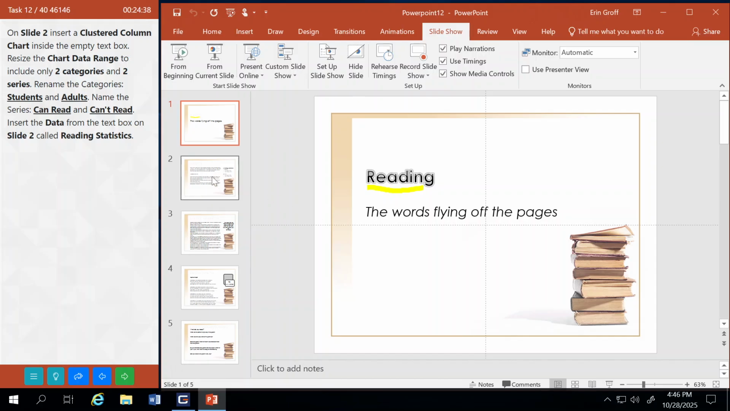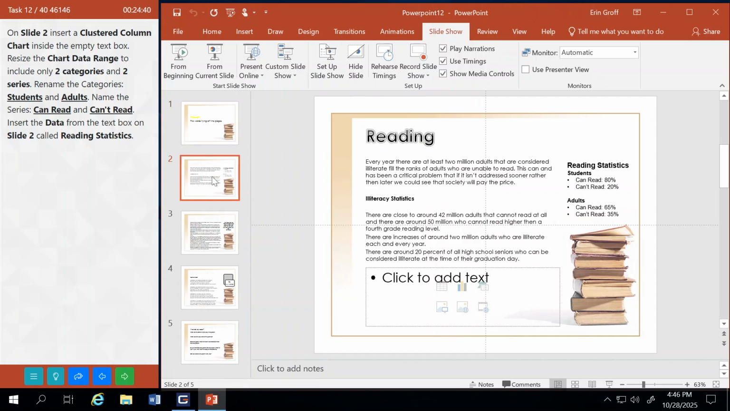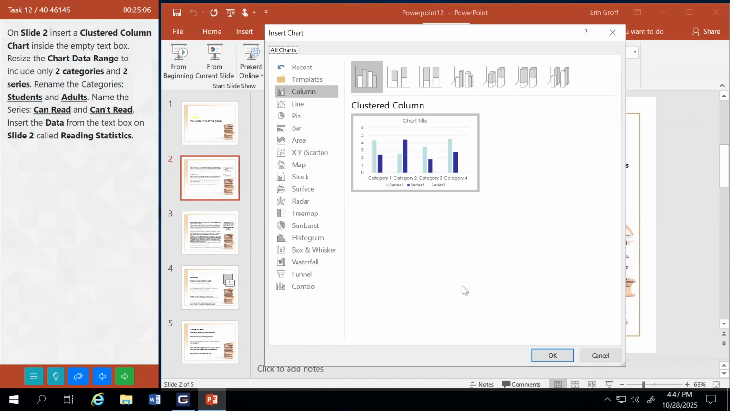On slide 2, we're going to insert a clustered column chart inside the empty text box. Resize the chart data range to include only 2 categories and 2 series. Rename the categories students and adults. Name the series can read and can't read, and then insert the data from the text box on slide 2 called reading statistics. So in my placeholder, I'm going to click on my chart icon, and we want clustered column